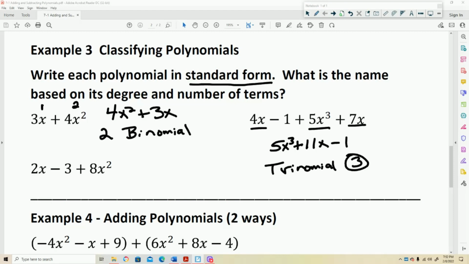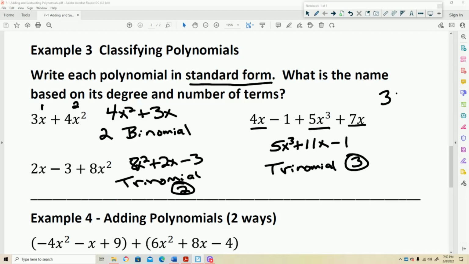Well, this has a degree of 2, this has a degree of 1, this has a degree of 0, so I put the 8x squared first. I put the 2x second. I put the minus 3 last. This is a trinomial with a degree of 2. Okay, so we saw a binomial, we saw 2 trinomials, and again, if we just had